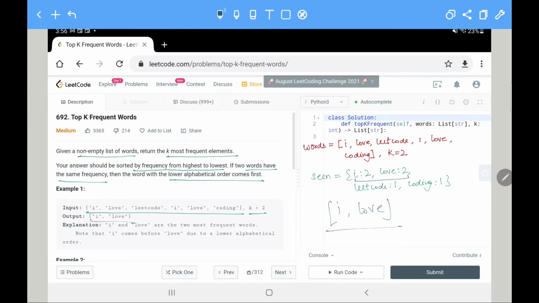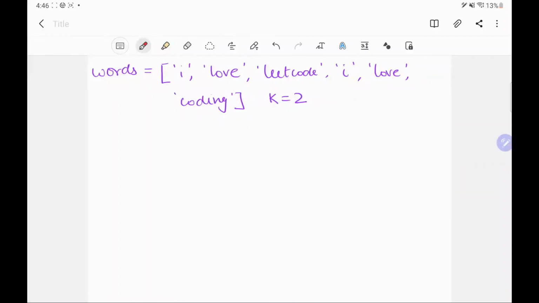To do this, I will show you how you can code it in Python. So to solve this question, first let's declare a dictionary, seen, and then let's create a frequency dict by traversing the words list.